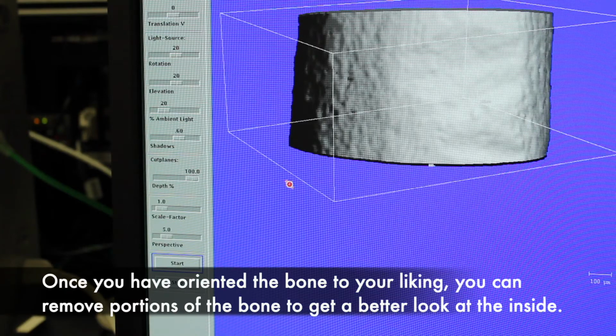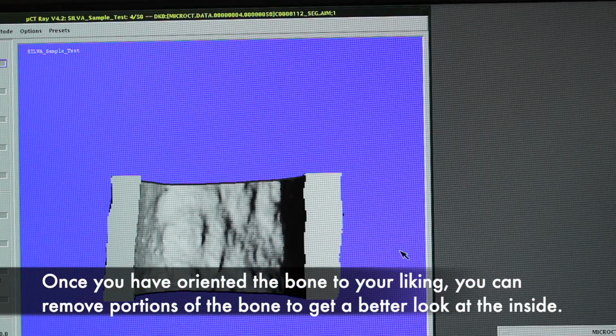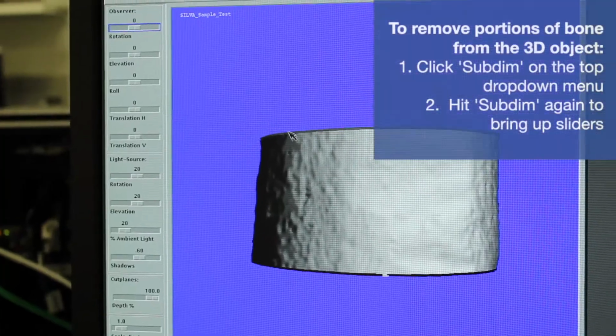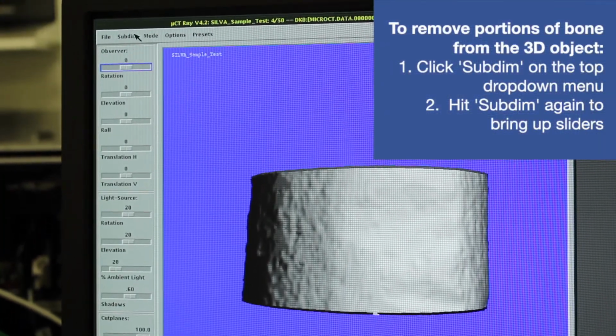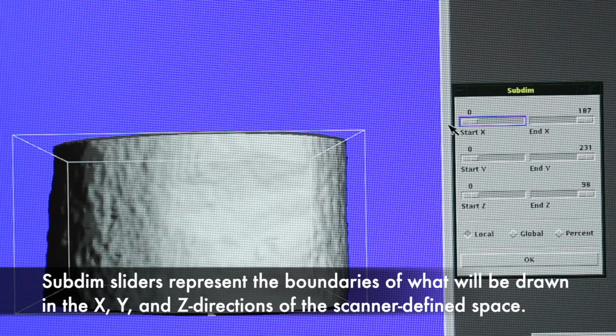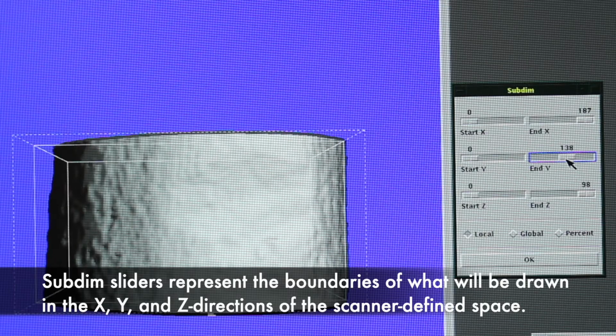Once you've oriented the object to your liking, you can remove portions of the bone to get a better look at the inside or to reduce the amount of bone shown. To do this, click Subdim on the top drop-down menu and then Subdim again to bring up a set of sliders that represent the boundaries of what will be drawn in the X, Y, and Z directions of the scanner-defined